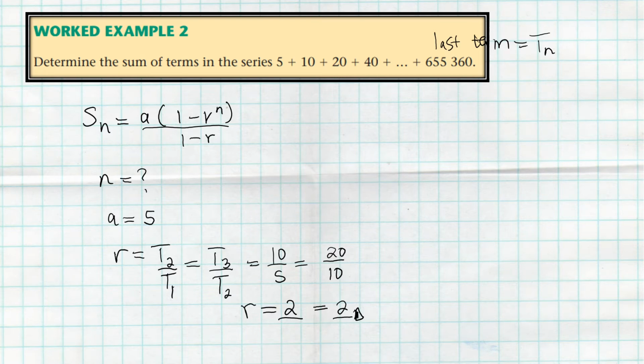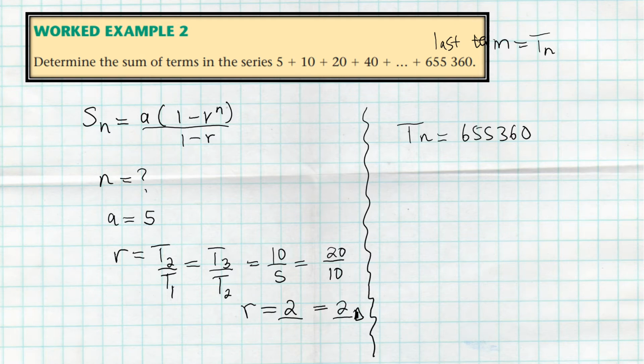But we don't have n. We don't know how many terms are being added, right? We are just given the last term, so it's our duty to go and calculate n. It's going to be easy to calculate n because we know the last term is the same as tn. So our tn is going to be